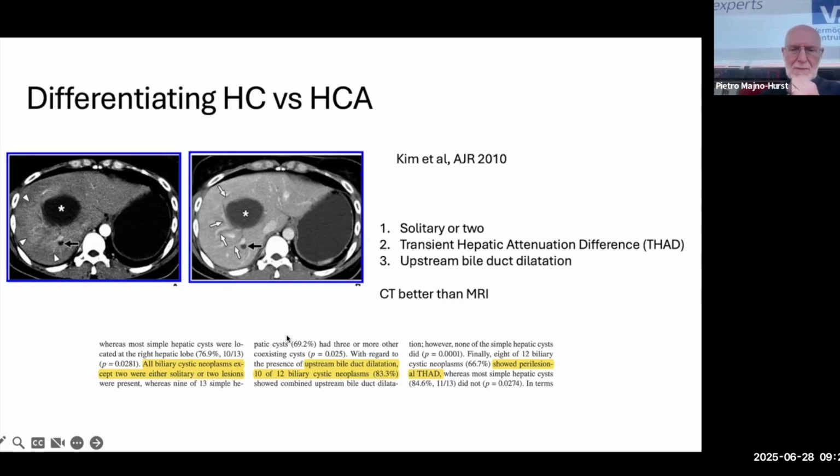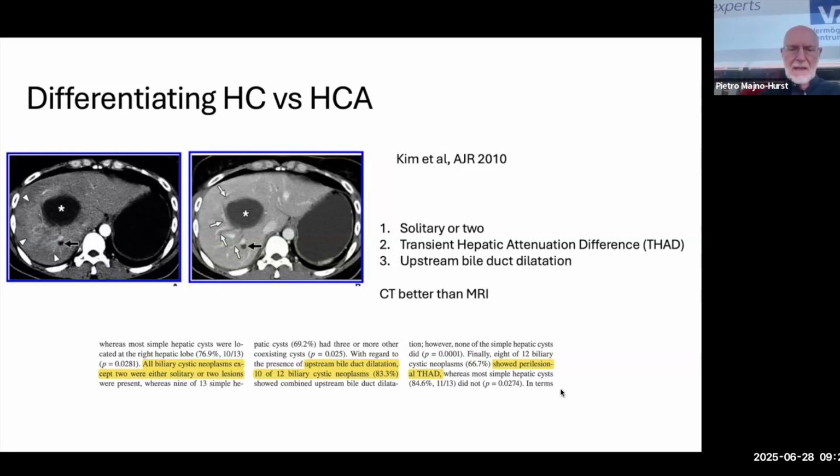The author in this paper, which is an older paper, I think 2005 or something, says that MRI alone is not enough. You have to have MRI and a focused ultrasound and a CT if you have doubt,